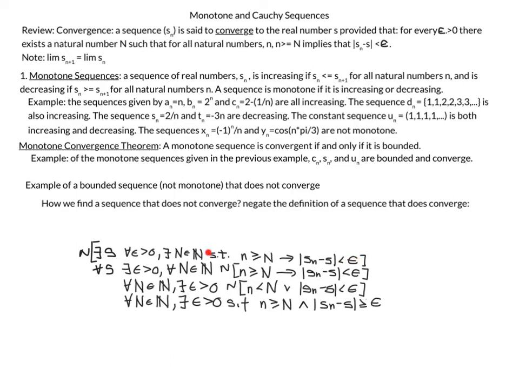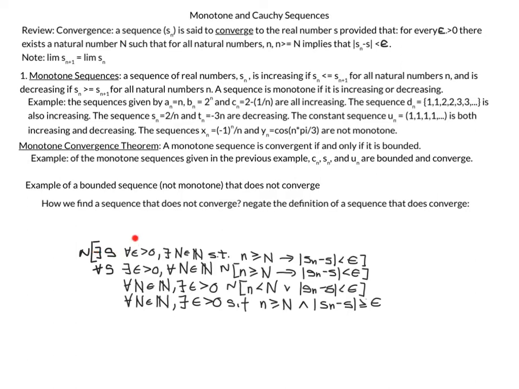Here, I have translated the definition of what it is to be a convergent sequence. That is, there exists some real number S such that for every epsilon greater than 0, there exists a natural number capital N such that for all natural numbers little n greater than capital N, that will imply the absolute value of Sn minus S is less than epsilon. So I want to negate this statement,